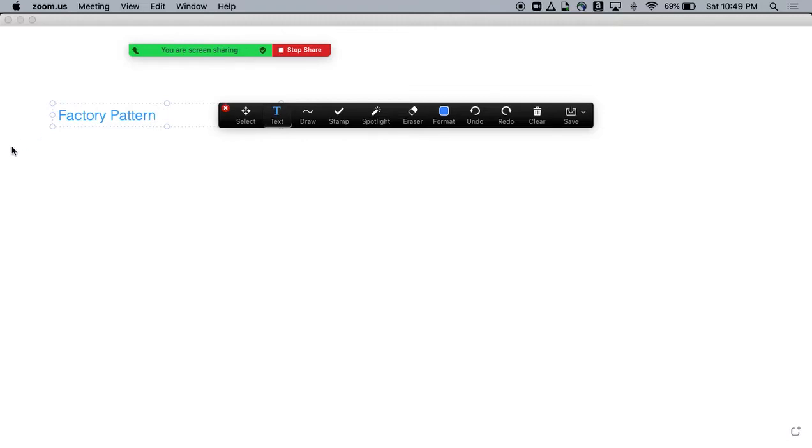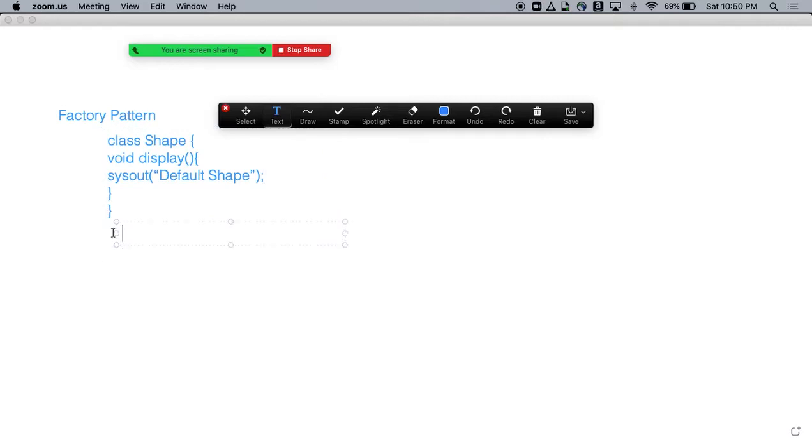So let's talk about the first way. We create a main class, let's say class Shape, which has a method like display, where we are printing the default shape. Then there can be many shapes.